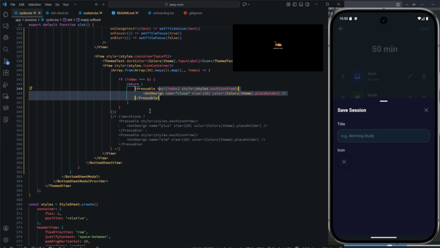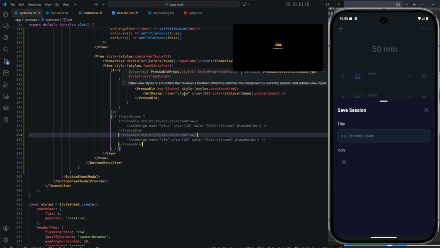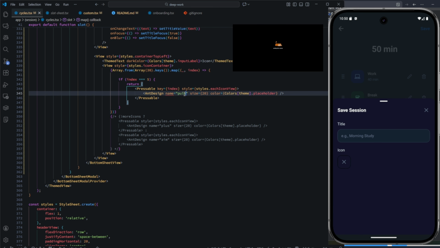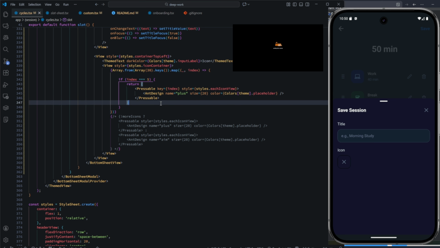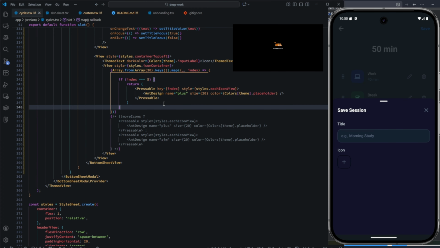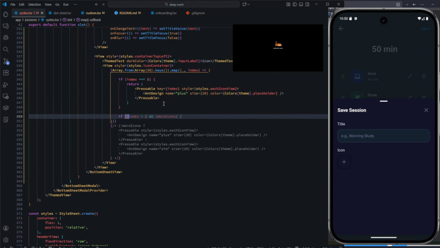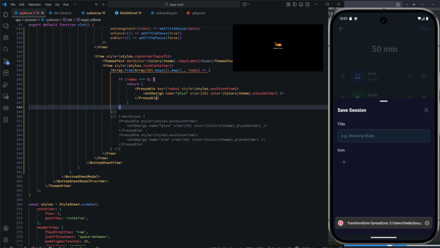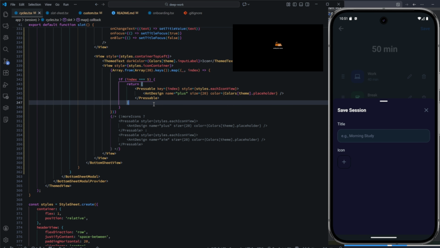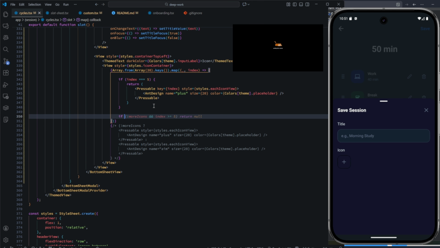This is going to be our plus. And then we say if, then what else do we return? So if index is less than 5,